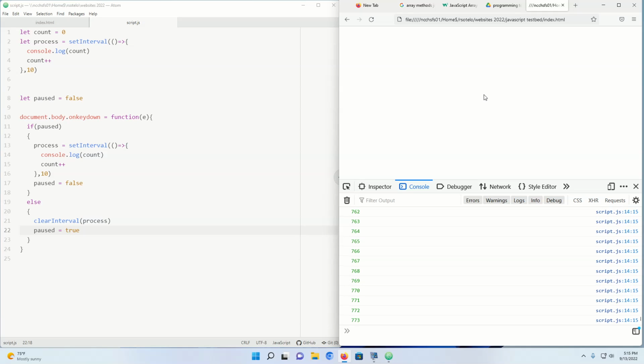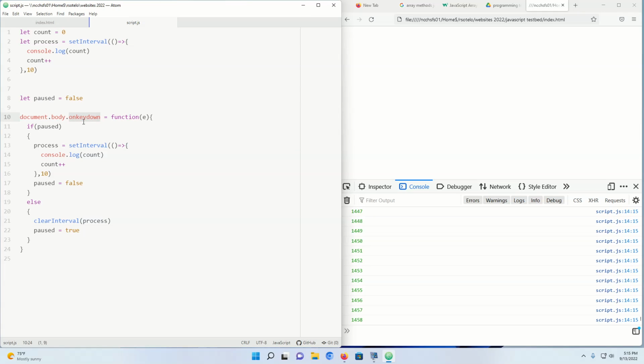Press P. It stops. Press P. It's back. Press P. It stops. Press P. It's back. So this is how you can pause things. Also, it is how you can detect when you're pressing a key. So we can just use document.body.onKeyDown equals a function. The function receives the event, the key down event information here,